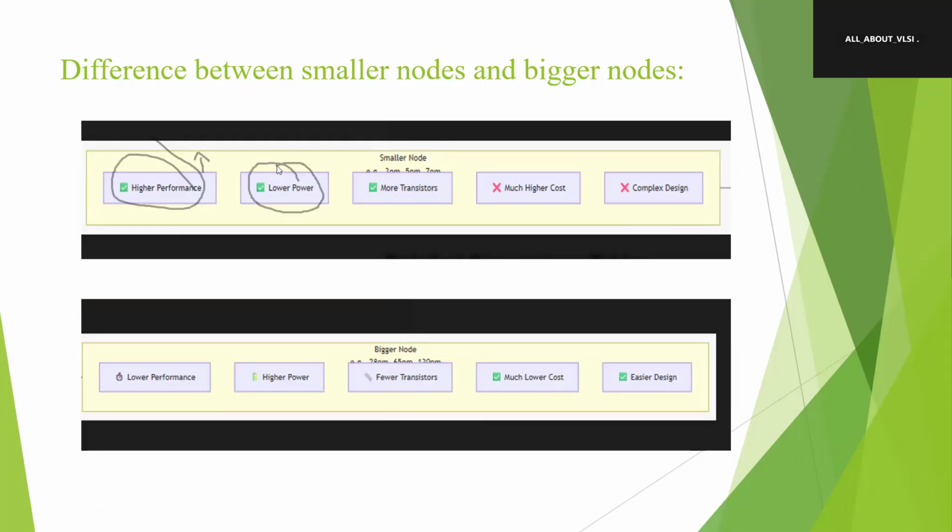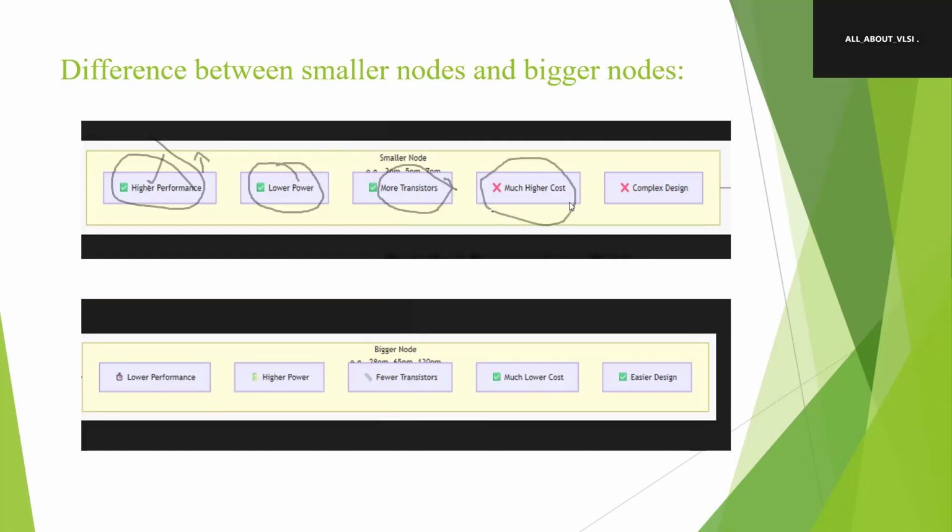Why? As gate size decreases, gate capacitance also decreases, right? And routing resources allow only shorter wires because blocks are placed near to each other. In that case, it consumes less power. So in a small place itself, we are placing more transistors, right? That's why our performance also increases,